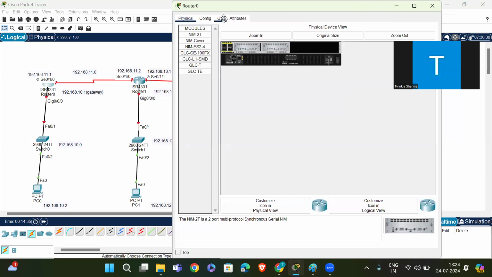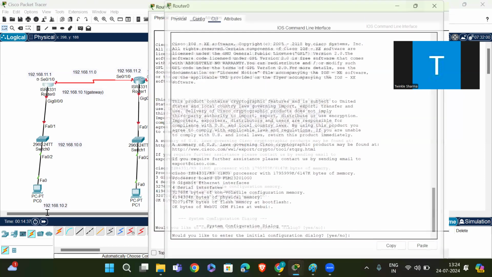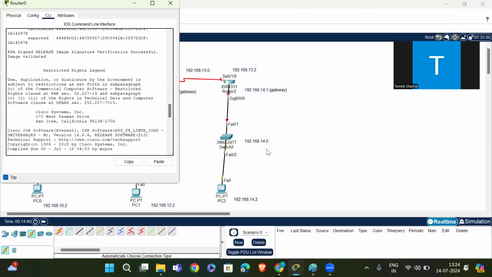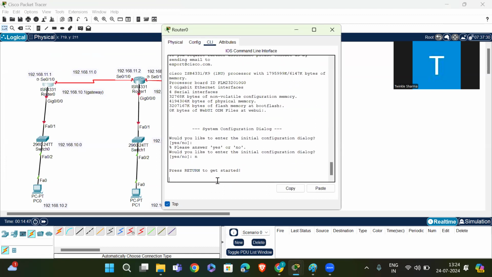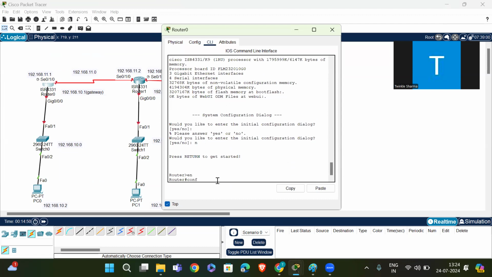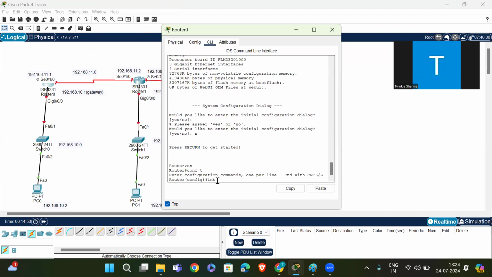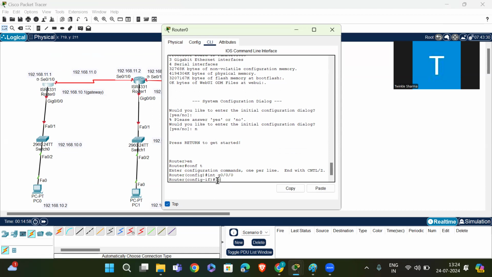Then go to router 1. Enable, conf t, interface G0/0/0, IP address 192.168.10.1, 255.255.255.0.